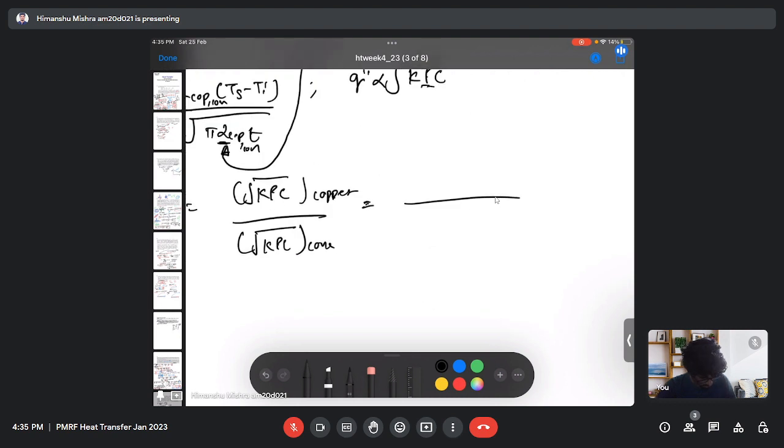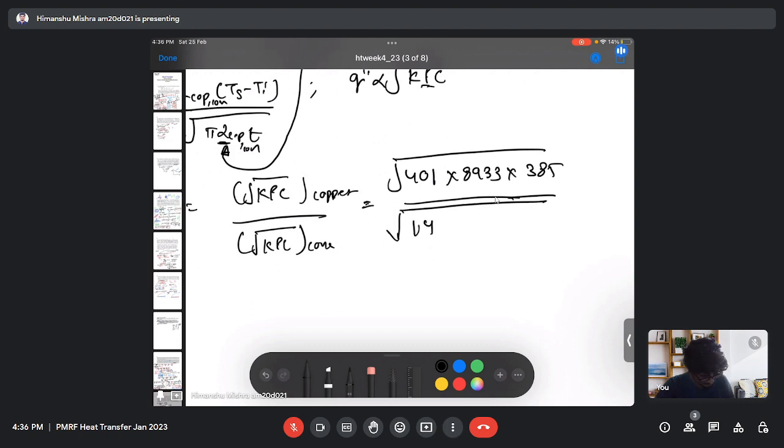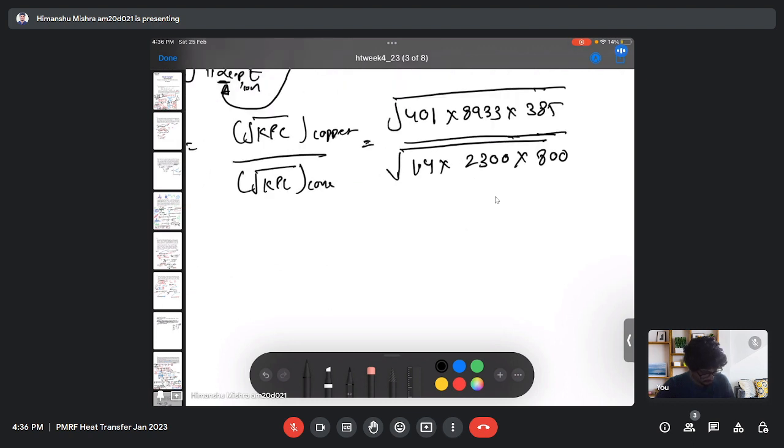So my thermal conductivity of the copper is 401. The density of copper is 8933. All these are in SI units, and my specific heat is 385. And for the concrete, my thermal conductivity is 1.4, density is 2300, and my specific heat is 800. So on just solving this, we will get